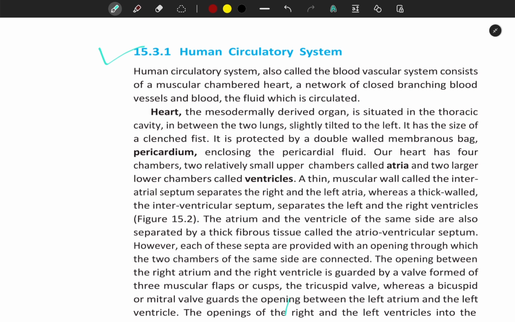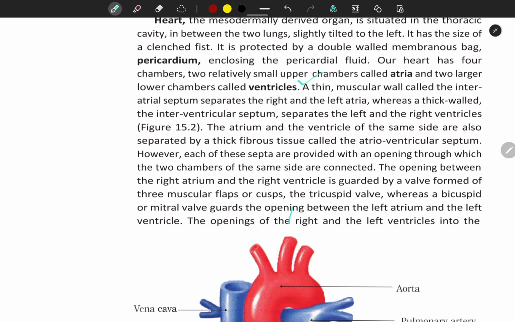Our heart has four chambers, two relatively small upper chambers called atria and two larger lower chambers called ventricles. A thin muscular wall called interatrial septum separates the right and left atria, whereas a thick-walled interventricular septum separates the left and the right ventricles. The atrium and the ventricle of the same side are also separated by a thick fibrous tissue called the atrioventricular septum. However, each of these septa is provided with an opening through which the two chambers of the same side